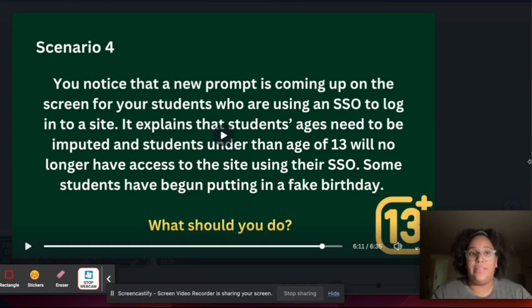And I know it sucks that we have to go back and find new things, but in this specific scenario, we need to make sure that at the end of the day, we are protecting our children online and making sure that their information is kept confidential. We need to make sure that we're not violating COPPA or CIPA, because once we start violating those things, we get ourselves into a very sticky situation. And we want to make sure that we are, again, keeping our students and their information as safe as possible. We want to try to not shelter them, but make sure that, again, their information is not getting out there.